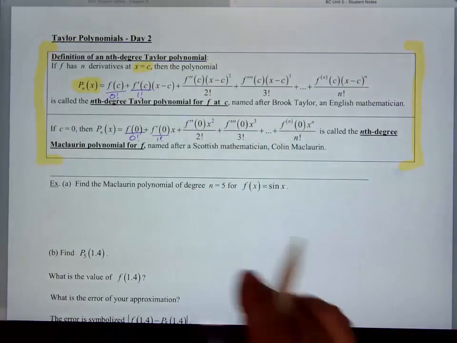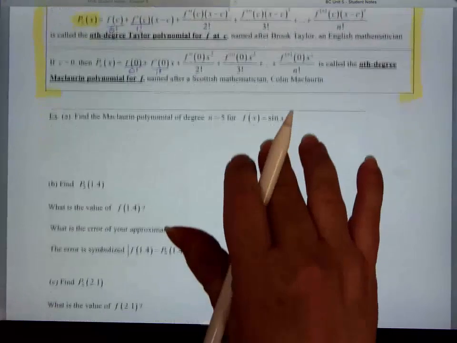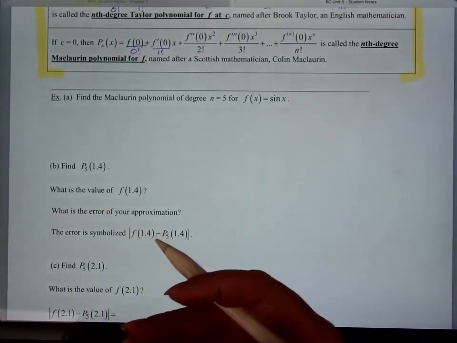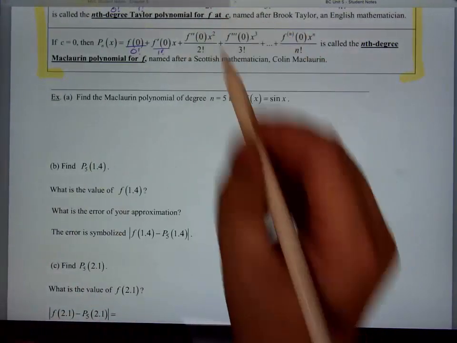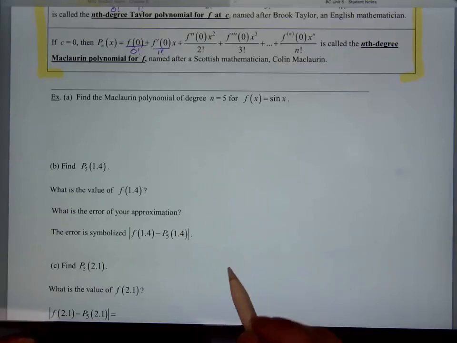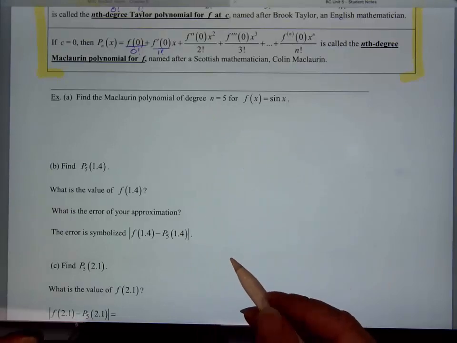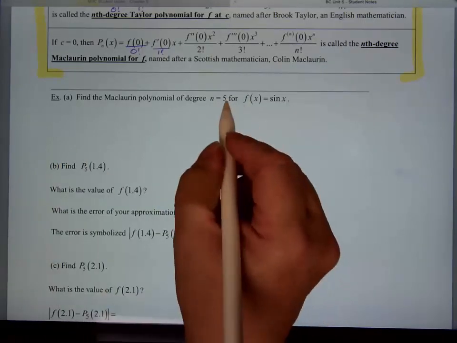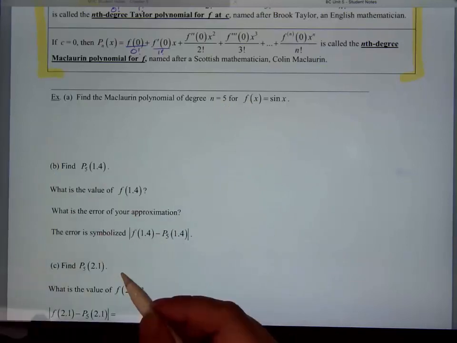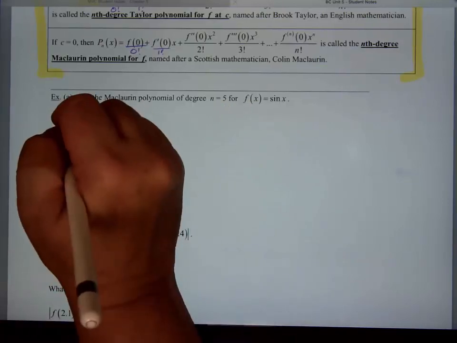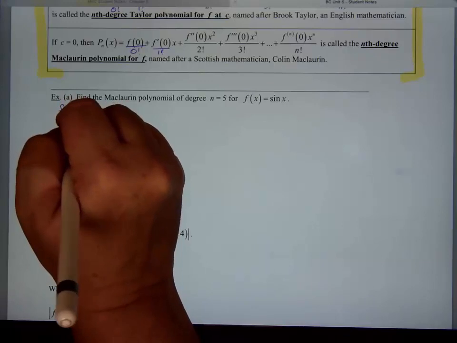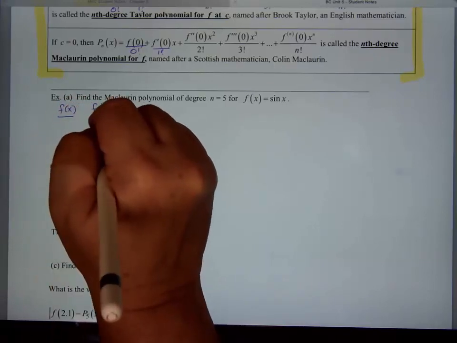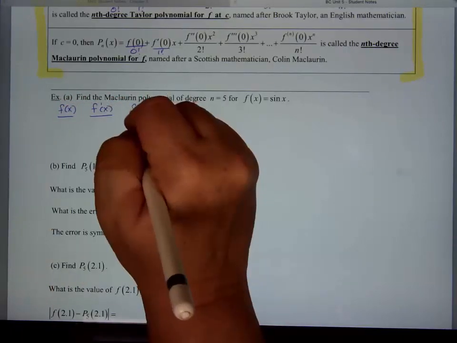All right, so what we're going to do on this first example, just to review the procedure, is find the Maclaurin polynomial of degree 5 for sine. When it says degree 5, we're going to go all the way out to the 5th derivative of sine. So on your paper, write f of x, f prime of x. You don't have to space them too far apart. Double prime,